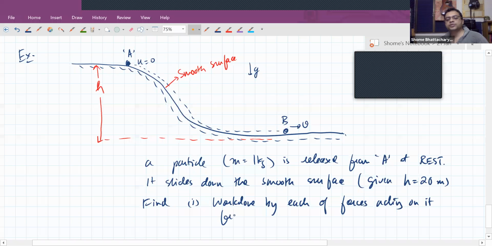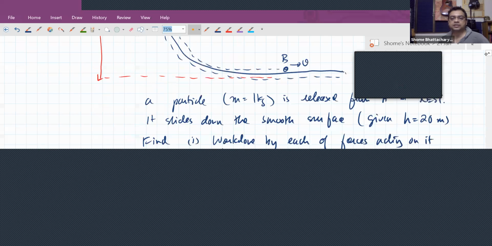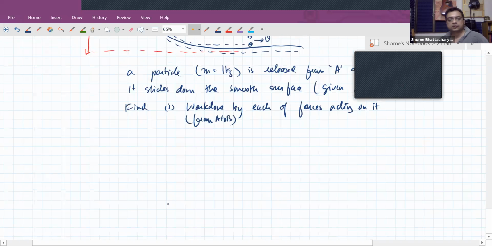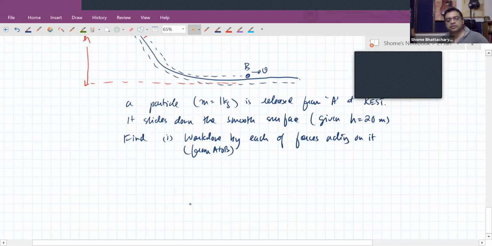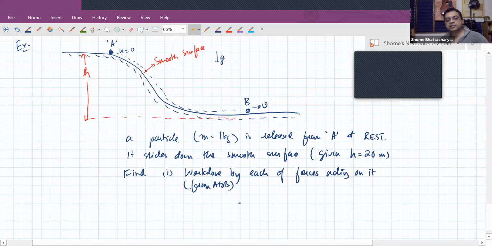Okay. From A to B, we want to calculate the work done from A to B. Each of the forces, how much work is done by them. That's the first thing. And then from that, we want to find out the speed at B. Find V, that is its speed